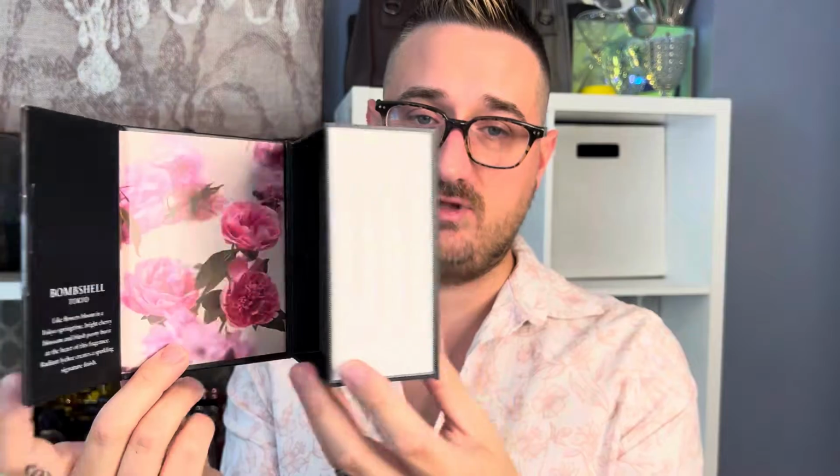Tokyo is a cherry blossom and peony scent. The box is really cool. It has this mirrored back and then this pretty floral insert. So these are nice for a collector if you're interested in keeping the boxes. I do. Tokyo, for me, when I wore it,